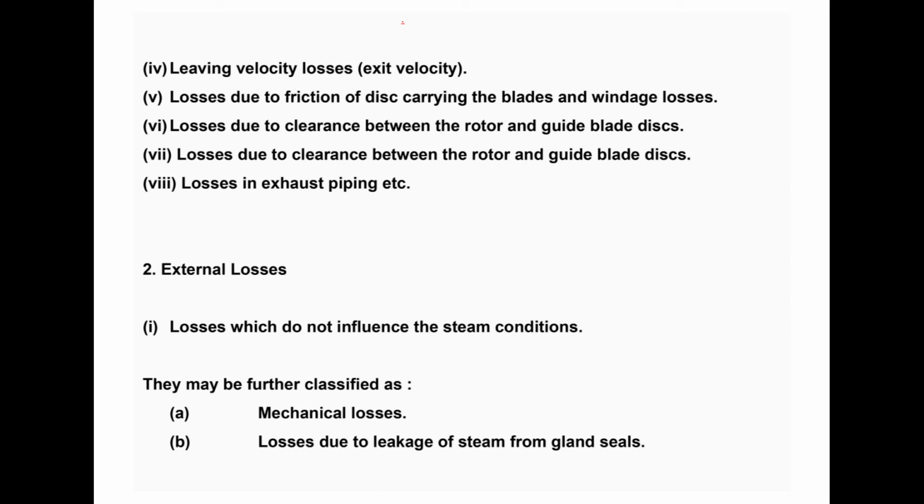Here the external losses are also possible in the steam turbine process. Losses which don't influence the steam condition may be further classified as: A, mechanical losses; B, losses due to leakage of steam from gland seal, which means where the